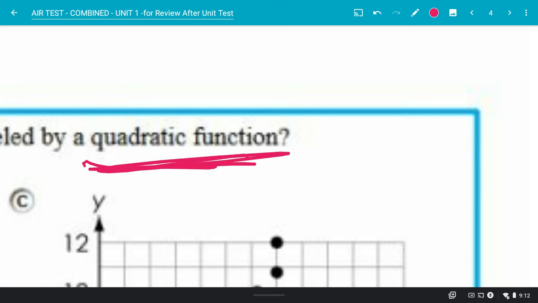Okay? How are functions named? No, it's not the first thing. You don't name it by the first thing that you see when you walk out of the tent. Yes, McKenna. By their exponent, by their degree, by their power. What power or degree then is a quadratic? Second power. So we're talking about y equals x